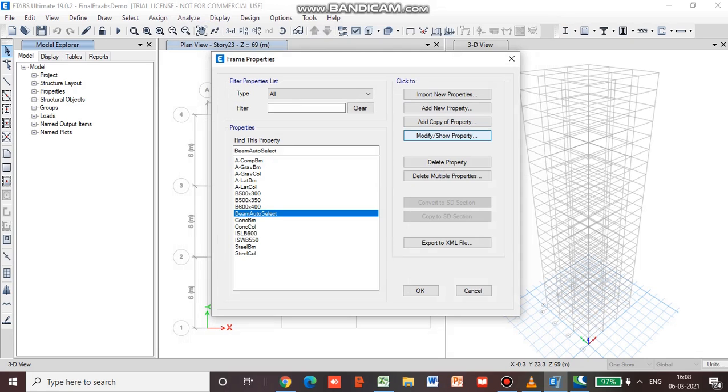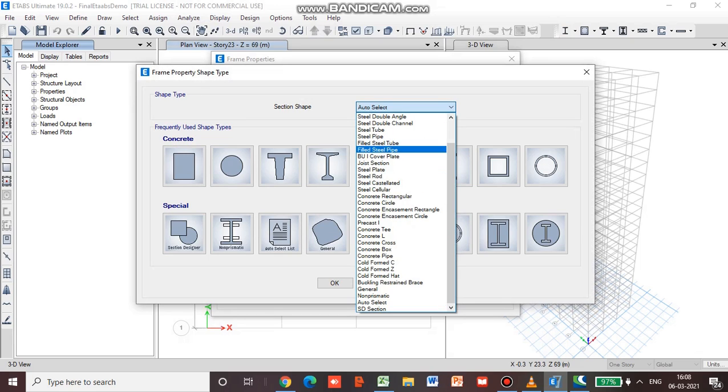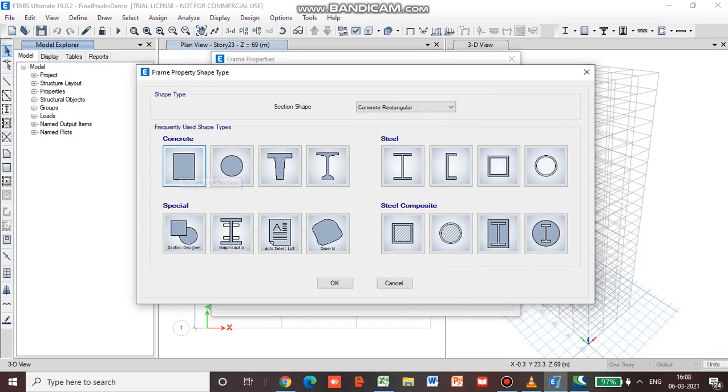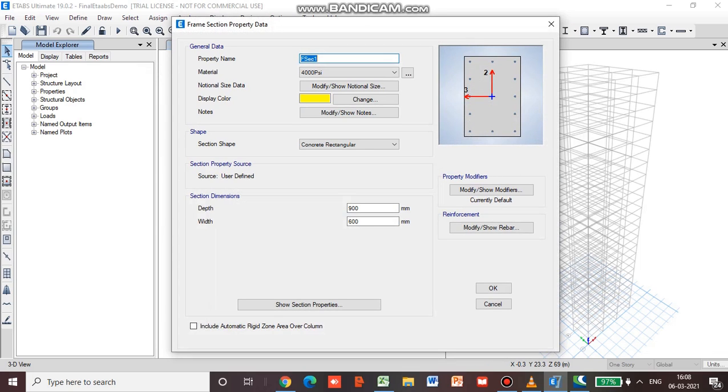Then we will go for add new property, and we are going to go for the concrete rectangle, concrete. So we will give the name C 500 by 500. We will give a prefix C to denote column. So the material we will select M40.